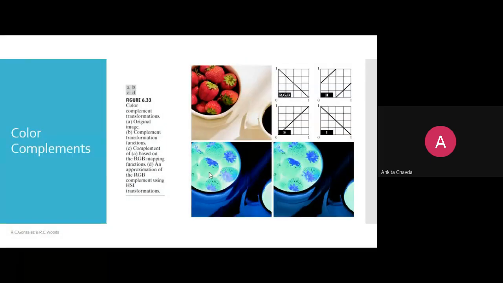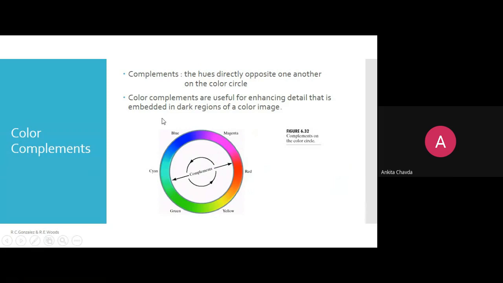Getting it? So please just draw this one. I just want you to write this complement, because maybe in the 1 mark we can ask. You just need to make the triangle red, green and blue, and the opposite triangle, you just need to make one star. It's very easy to remember, no? One triangle red, green, blue, another triangle cyan, magenta and yellow. You just need to put the values from where you need to start. If one end is red, then you know red, after that green, then blue, then from where to start which color.